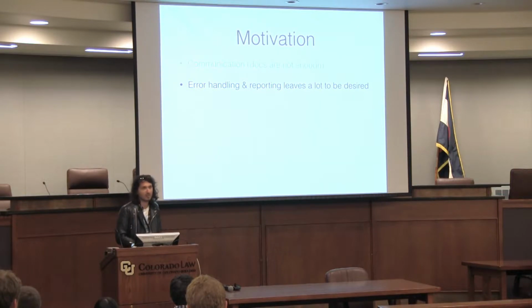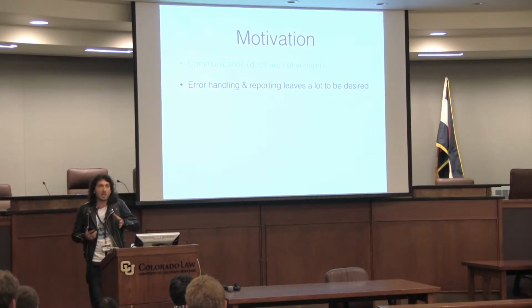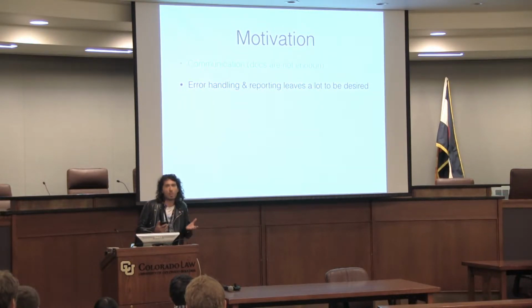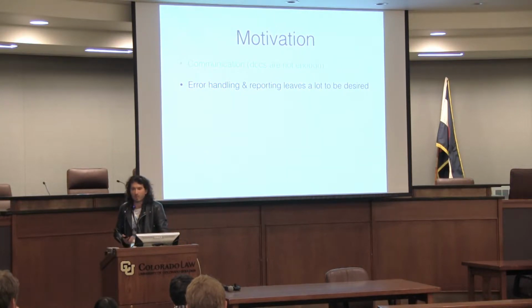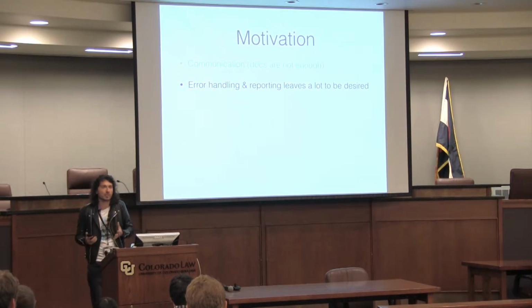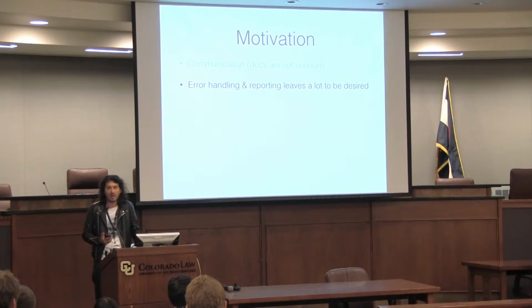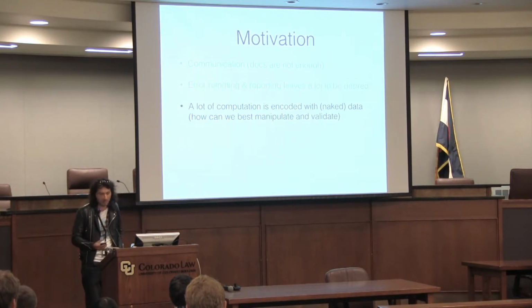The second one is error handling and reporting. This is, I guess, a sore topic with most languages, and Clojure is especially not very good with it. There are some bright examples like Rust or maybe Elm, who do a lot of interesting things in terms of what can be done with error reporting, but still I think even there they have a lot further to go, especially once we start to think that maybe we'd want structured errors that we can then interpret in some way and so forth. So again, another area where a lot more can be done.